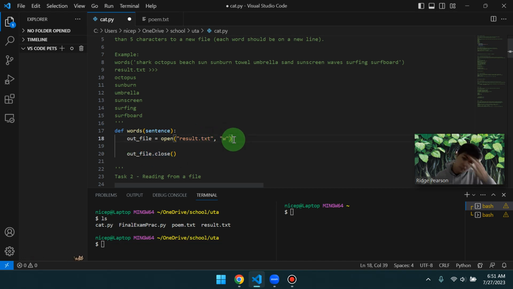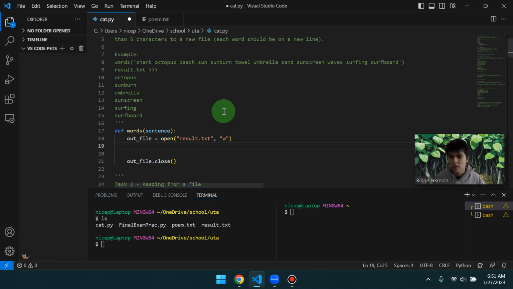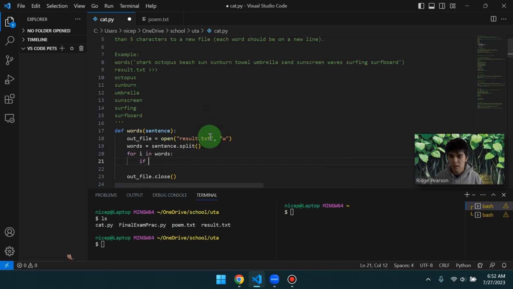So now the next thing I'm going to do is split this entire string by the spaces, so it's kind of like a list. Let's call it words equals sentence.split, and passing in no parameters by default is going to split by a space. So now we have a list where every element is a word. If I say for i in words, if the length of i is greater than 5, then we are going to write that to our new file, which is outfile. So outfile.write